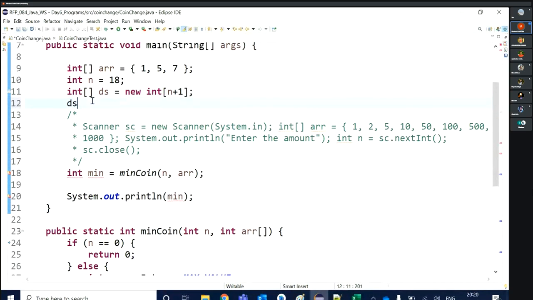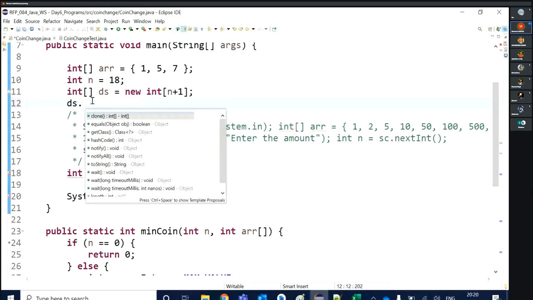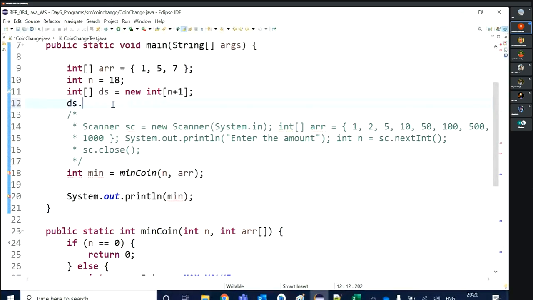So what I'll do, ds dot, wait, length, no. Okay, let's use the array list.